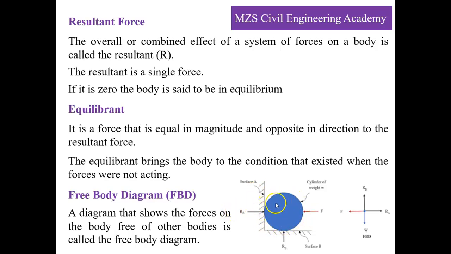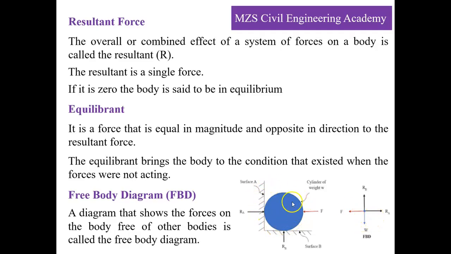The spherical body is subjected to an external force F. Due to this external force, there will be certain reactions here. The upthrust will be given by surfaces A and B, and the weight of the sphere is going to act in a vertical downward direction. We can represent these forces along the coordinate system as shown here.